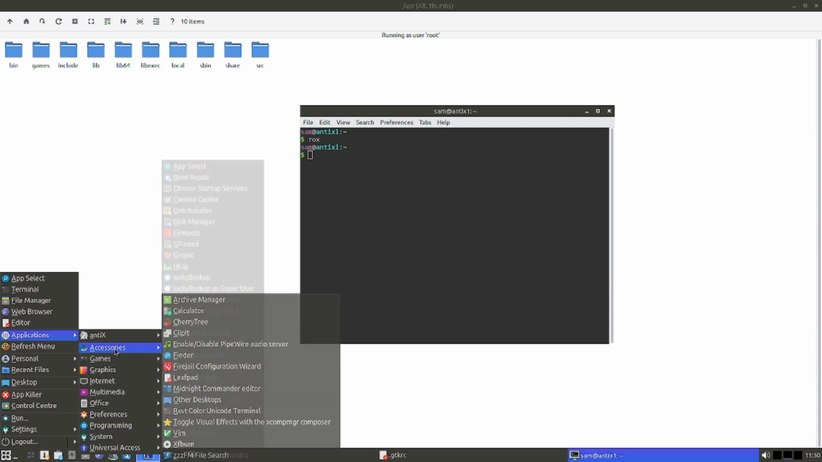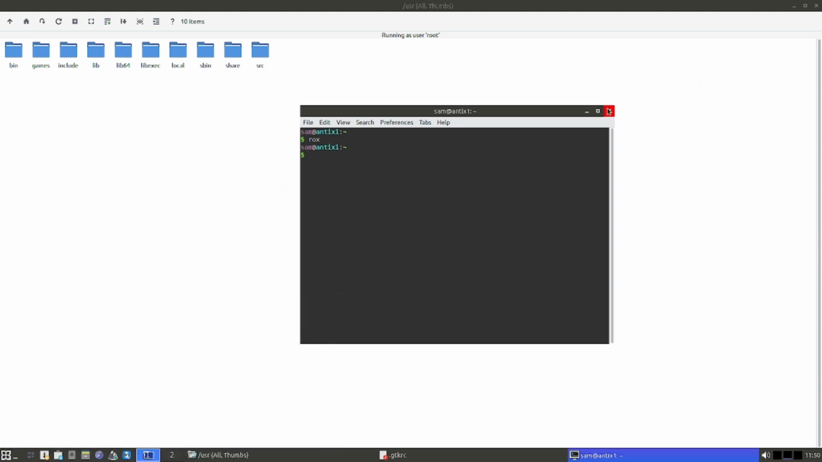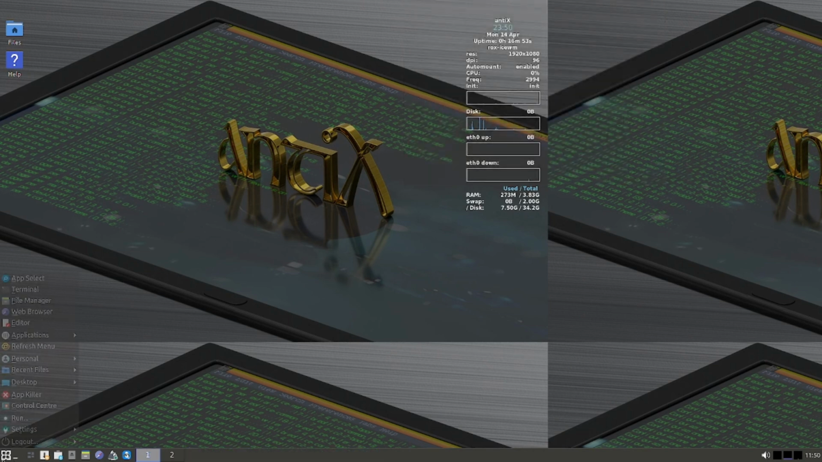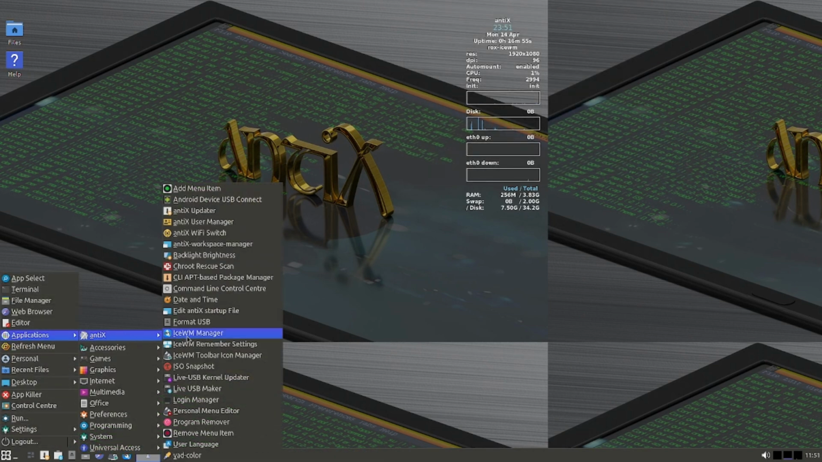The rest you can see everything is the same. We will just go through the different applications available here. Just we will close this. So here you can see in applications, you got add menu item, Android device, USB connect, AntiX updater, AntiX user manager, AntiX Wi-Fi switch, AntiX workspace manager, backlight brightness, change root, rescue scan,